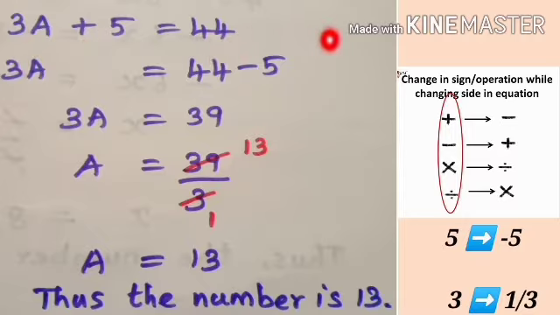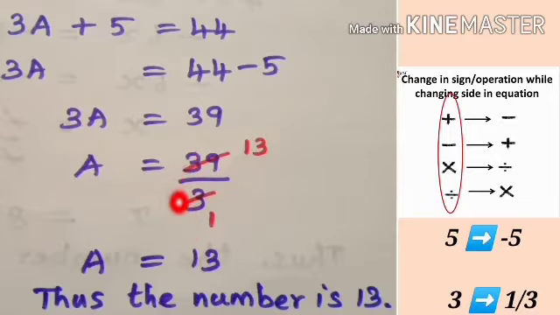Now, by using the transposition method, we have to solve this algebraic equation. So, what is the transposition method? It is an algebraic method of isolating the variable by reversing the mathematical operation as the numbers are transferred to the other side of the equation. That is, here plus 5, when it crosses the equal to sign, becomes minus 5. And 3 into a, when it crosses the equal to sign, goes to the denominator, that is, it becomes 1 by 3.